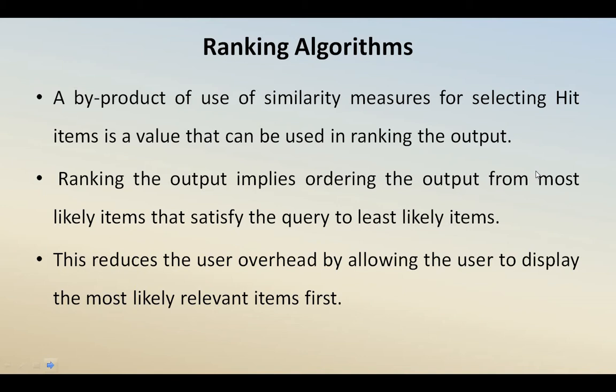Whenever we use this kind of ranking algorithm, it can reduce the overhead of the user by displaying the most likely relevant items first. Those can be treated as the high ranking items first. Ranking is nothing but one kind of ordering, from high priority, highly relevant items to the least priority and least relevant items. Next we are going to talk about